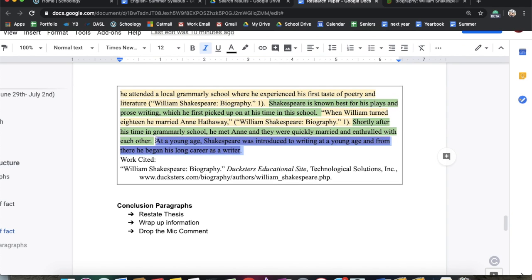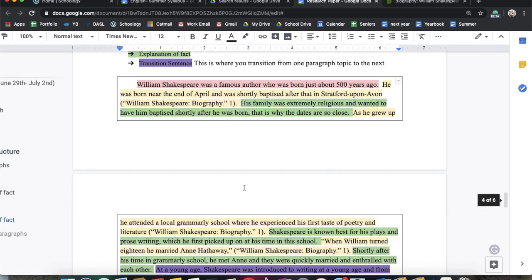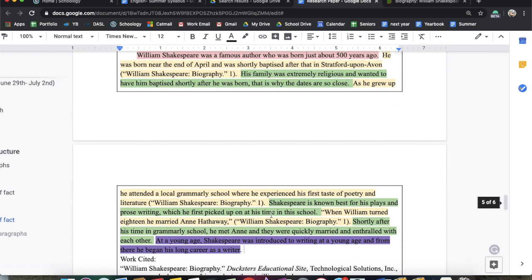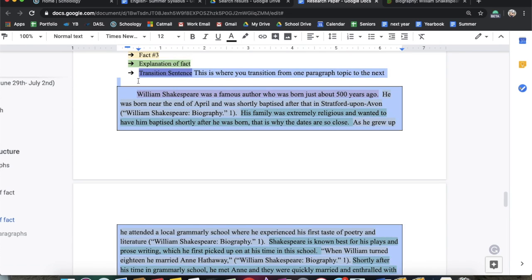And then I have my transition sentence here in purple. At a young age, Shakespeare was introduced to writing. From there, he began his long career as a writer. And that's it. That is my first body paragraph. So you guys should structure each body paragraph like this. You by no means have to highlight it. I just wanted to